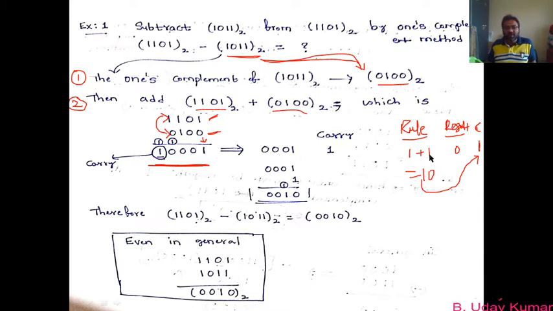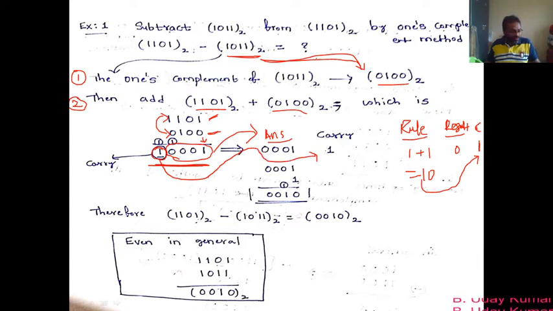Similar to this one, if you add 1 plus 1 it is 10, right? But out of this 10, the answer will be 0, and 1 acts as carry. Similarly here also, if you add these two numbers, you are getting 10001. That means 0001 is your answer. You can write it here: 3 zeros and 1 is your answer, with carry 1. So this is 1, the additional digit that we are getting. It acts as a carry now. So you have to understand that here.